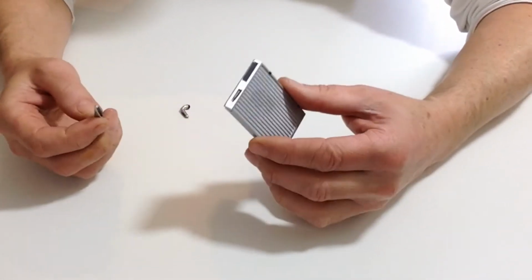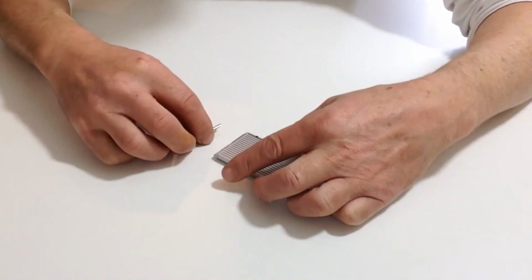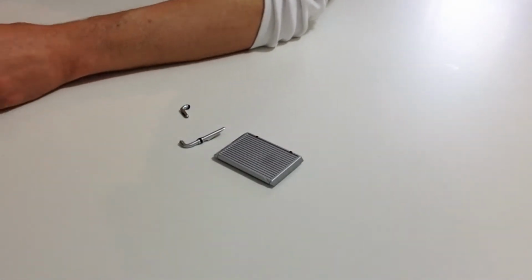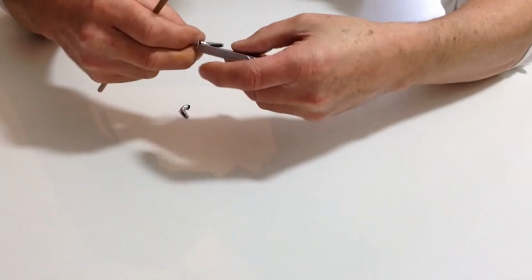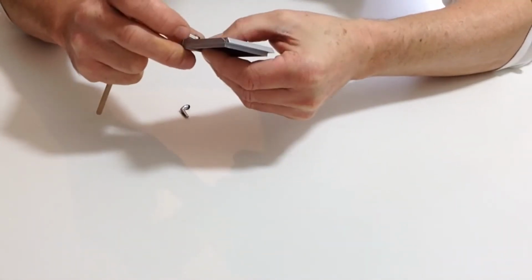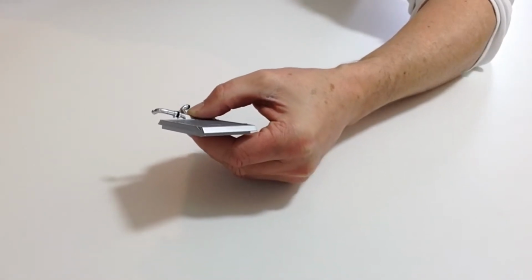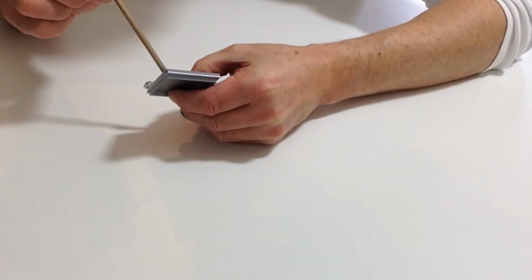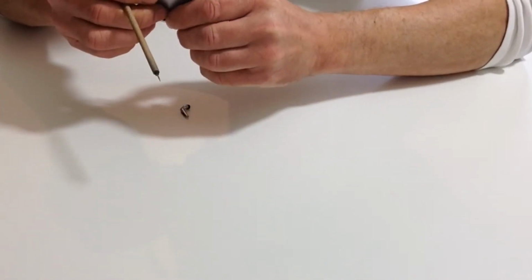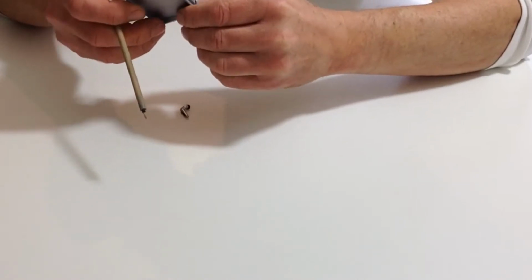So once again, as we prepared these earlier, the inlet, place that into position, noticing how that is, and then once again using some HIPS, or my preferred MAC adhesive,